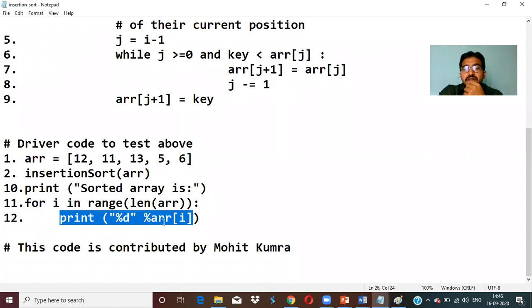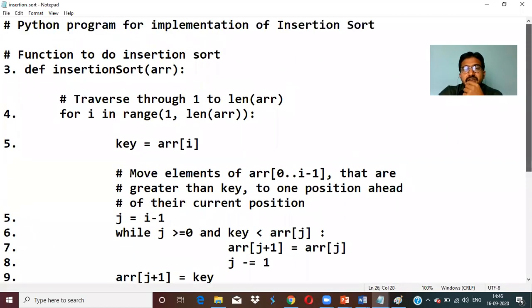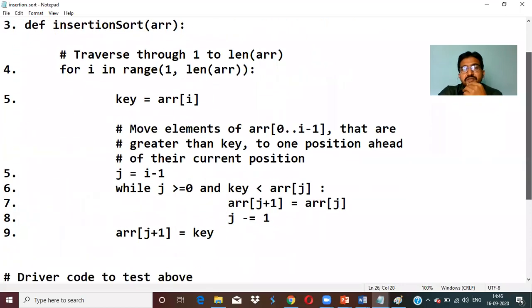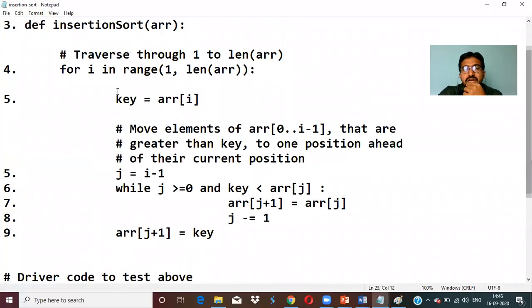So for this, how you need to draw the figure, that is going to be taken care of. This is available in internet browsers. And for this, form the steps: step 1, step 2, step 3, step 4, step 5. Now tell me the steps, how it will be executed. First step, it goes to here. Second step here. Now from the second step it goes to the third step. In the third step, it goes to the fourth step.